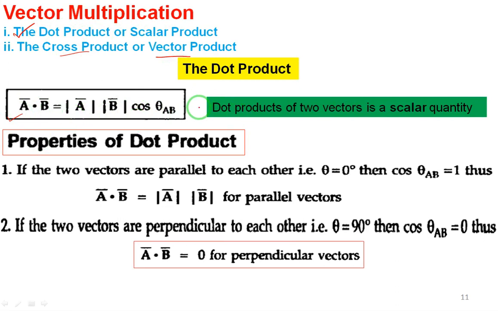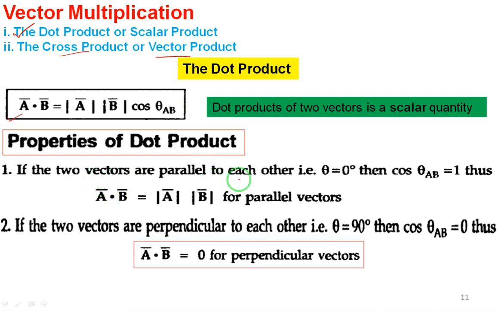And one more thing, in the green box I have put, the dot product of two vectors is always a scalar quantity. If I take the dot product of two vectors, it is always a scalar quantity. I will get some magnitude, right? Don't associate any direction whenever I use the dot product. And there are several properties of dot product, right? One by one we will see. 7 to 8 properties are there.